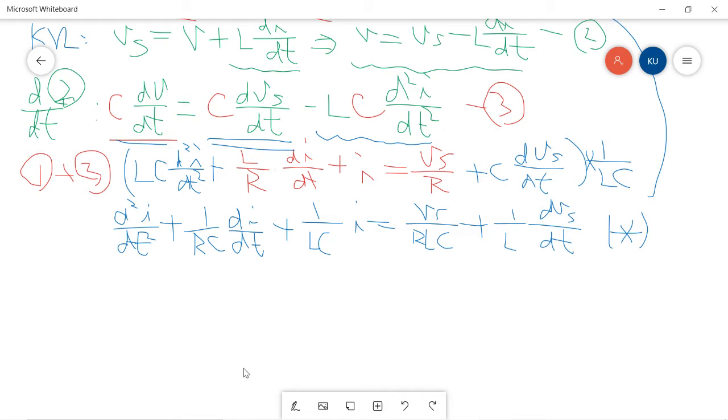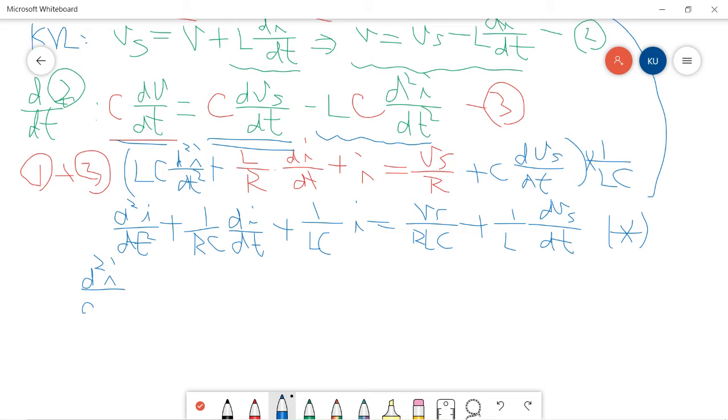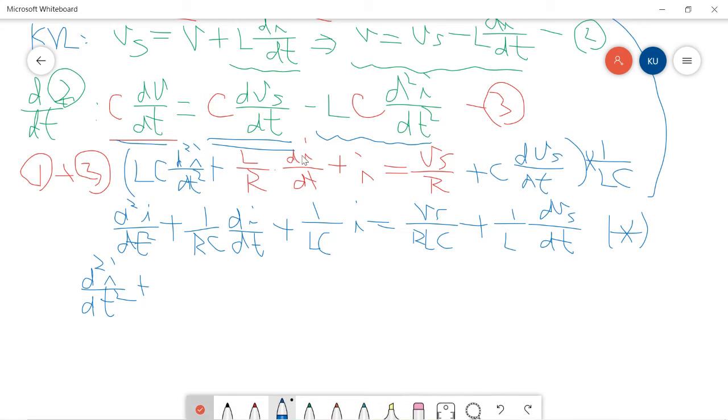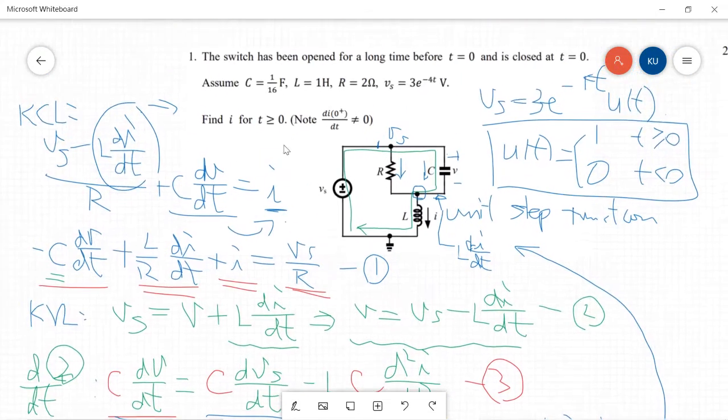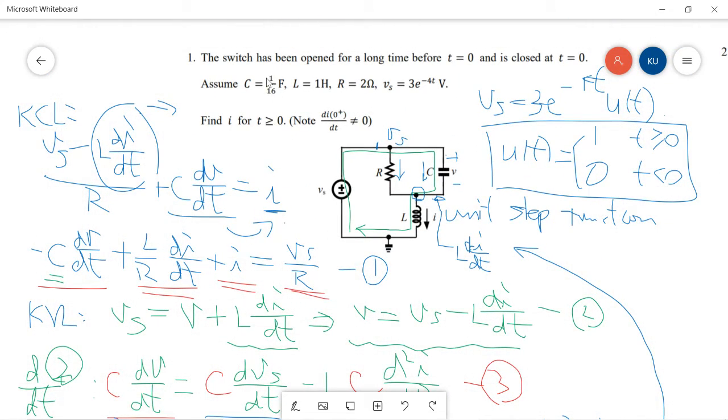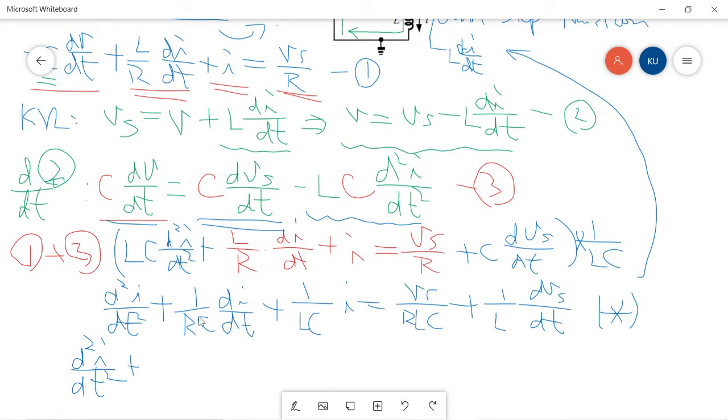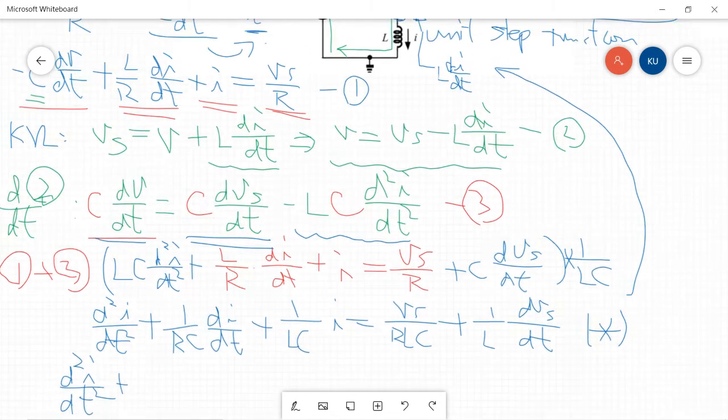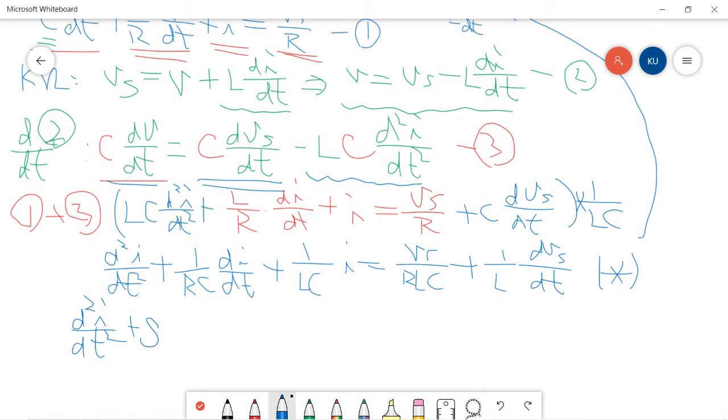So we will have the second derivative of I plus 1 over RC. So we have R is 2, C is 1 over 16. So multiply together 1 over 8, and then in the denominator, so it becomes 8 di dt plus